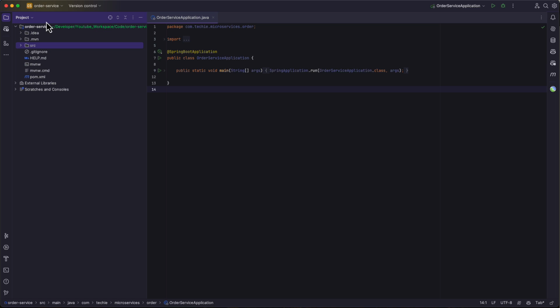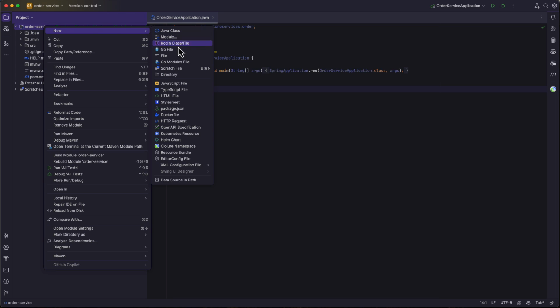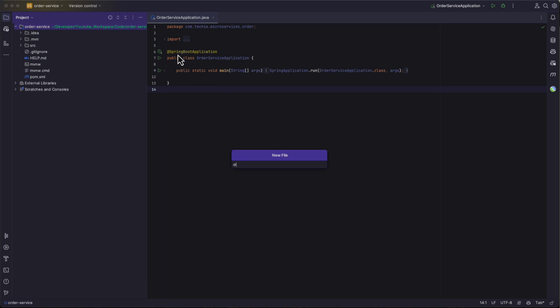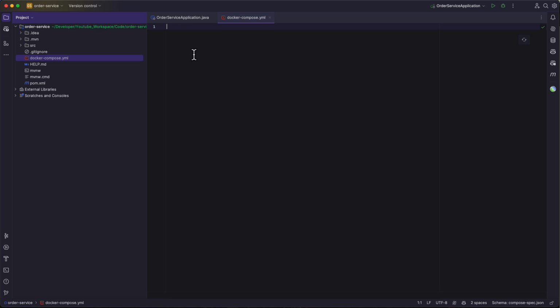Alright, so I opened the order service source code in IntelliJ IDEA, and the first thing I'm going to do is to download MySQL to our machine using Docker Compose. So for that, I'm just going to right click on the root folder, and I'm going to create a file called docker compose.yaml. Similarly to how we did in the product service, I'm going to create a version as 4, and here